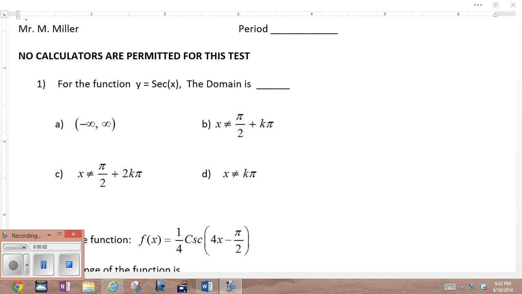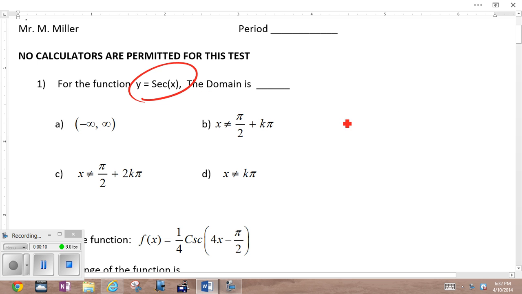Well, we're going to take a look at this test from the other day. Okay, so the multiple choice here, the graph of the secant, of course, is 1 over the cosine. All right, and you'll have to be concerned with the domain. The domain is going to be every place but where the asymptotes occur, and the